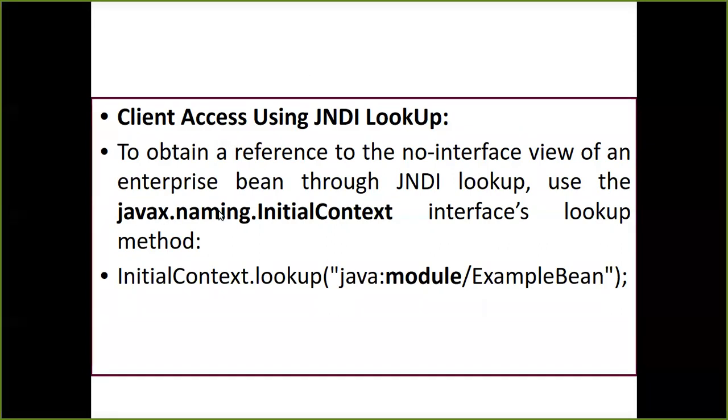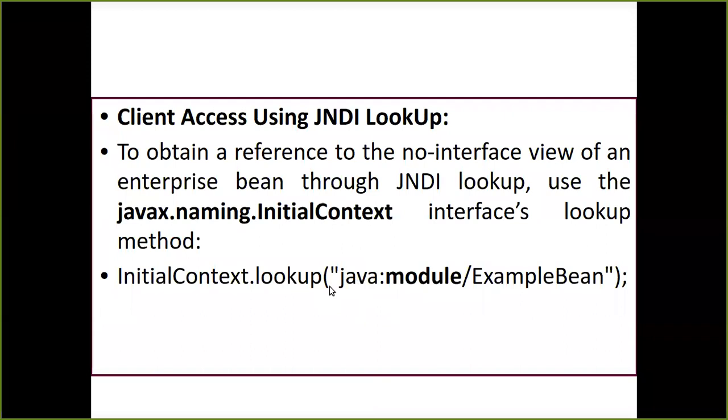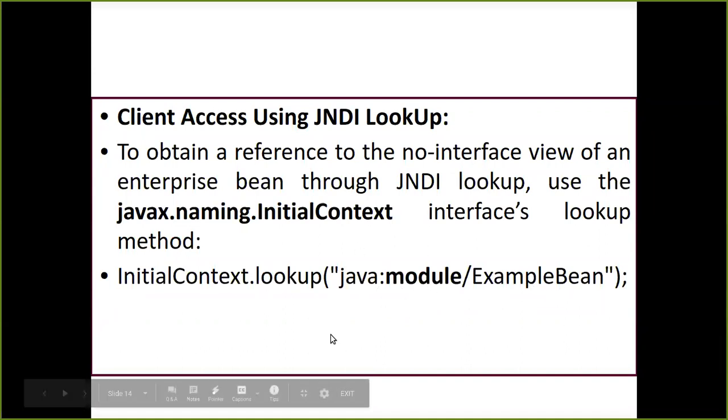So you have to import a package also. You need to write the class name, the interface name, that is InitialContext, which is going to have a method called lookup, which is going to help you have the manual references for the home interface. You can access the home interface, which is indicated by the term module, and you can write the file name for which you are implementing the JNDI lookup. So this whole thing you have to do for the JNDI lookup. But if you want to replace it with dependency injection, you can simply write @EJB.